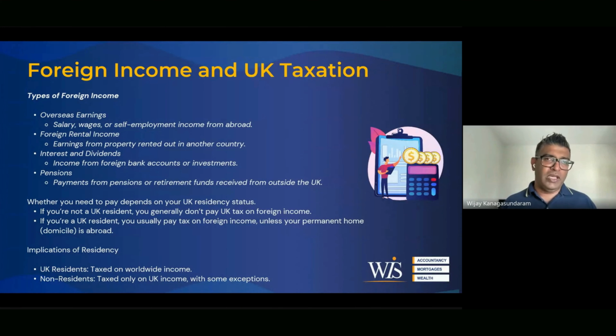If you choose to be non-domiciled in the UK and choose not to pay the tax in the UK on foreign income, you can use something called the remittance basis. But if you do that, you will lose your personal allowance in the UK. So it's very, very important. If you make that election as a non-dom UK tax resident, you will lose the 12,570 if you use the remittance basis to disclose your income. But if you use the arising basis, meaning you disclose all your global income in the UK, even though you're non-domiciled, you can still utilize your personal allowance.